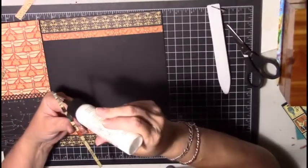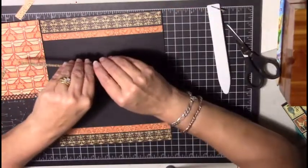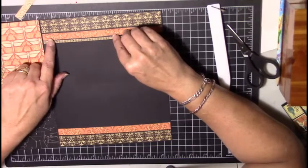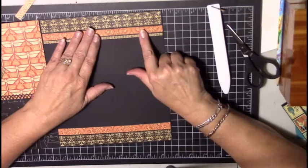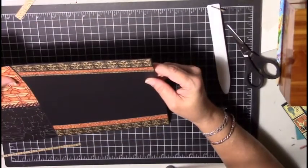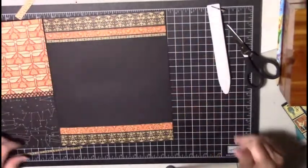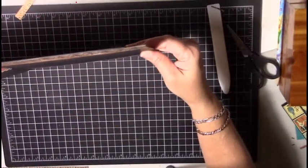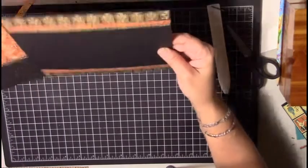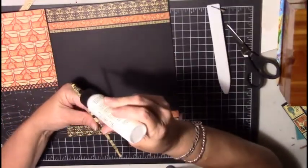And then these little snippets, I just love those. And let me look at this. Okay. That looks pretty straight. Fairly straight. And how's that one? Okay. Get this down. And then